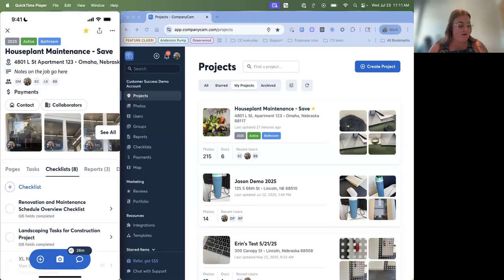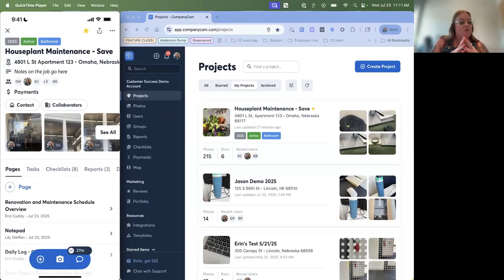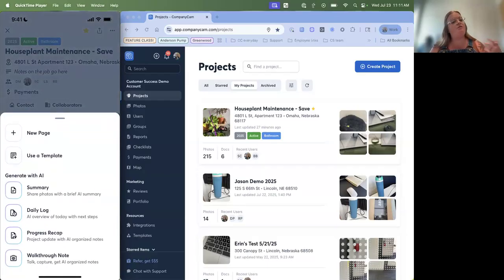So Pages in CompanyCam is going to be a really helpful way of getting information gathered into one spot, and you can send these outside of your CompanyCam account. If you guys have not used Pages before, I highly recommend. Some of the things you're going to see in Pages that have been existing is you can go into Pages and create a page from a template, and then we've got AI options. Some of the new things in Pages are going to be under Use a Template. We now have